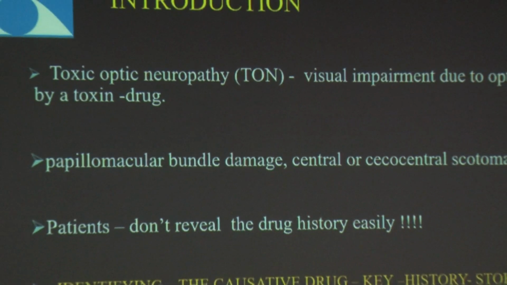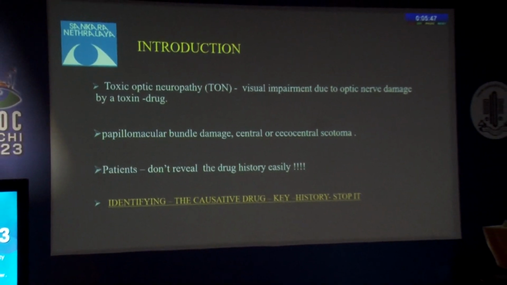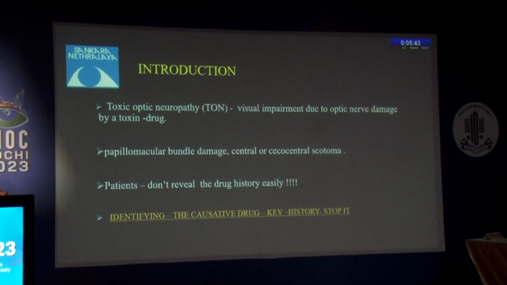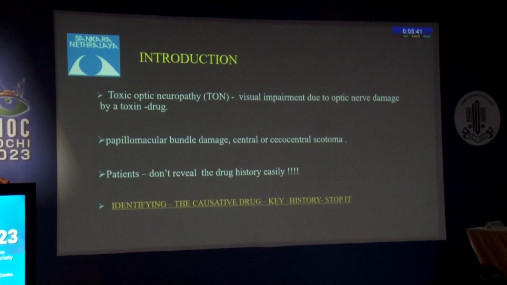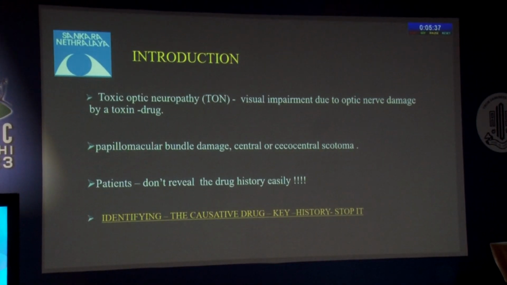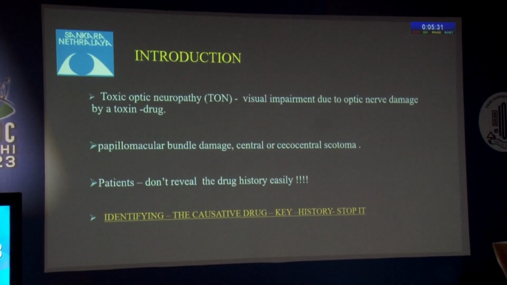So toxic optic neuropathy is visual impairment due to optic nerve damage caused by a toxin, which could be a drug. The papillomacular bundle damage is the most common cause of why you get cecocentral and centrocecal defects. And patients don't reveal this history because most of the time they think that history is irrelevant to their visual presentation. So you have to pull out that history of having that drug which is the causative agent behind